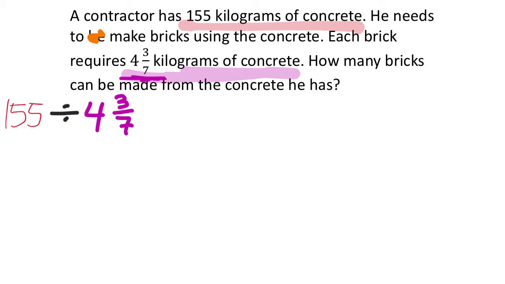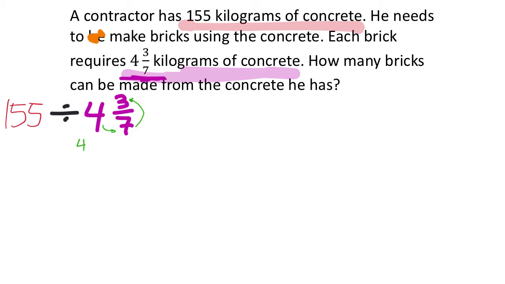But I'm going to want to change that 4 3/7 into an improper fraction. Some of you could change it into an improper fraction and simultaneously change the operation. I'm not going to do that though. I'm going to do it in 2 separate steps. Okay? So 4 3/7, let's go ahead and use the cycle method on that to change it into an improper